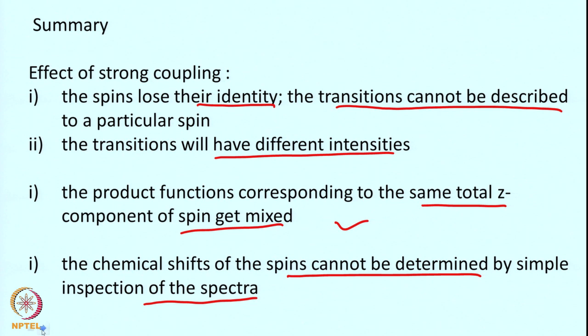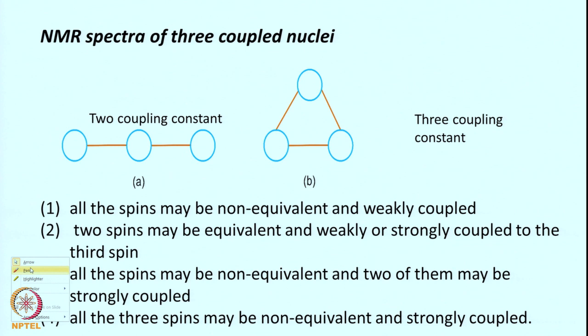Okay. So, now we looked at the two spin system. Now, we move to the NMR spectrum for a 3 coupled spin system. So, let us take a 3 coupled spin system with spins 1, 2 and 3. They can be coupled in 2 manners. One manner can be A is coupled to B and coupled to C, or if they are weakly coupled, we can say A is coupled to M coupled to X.